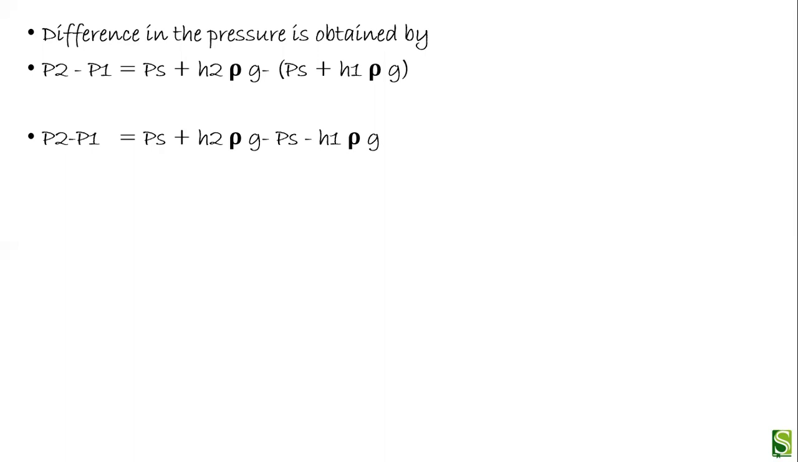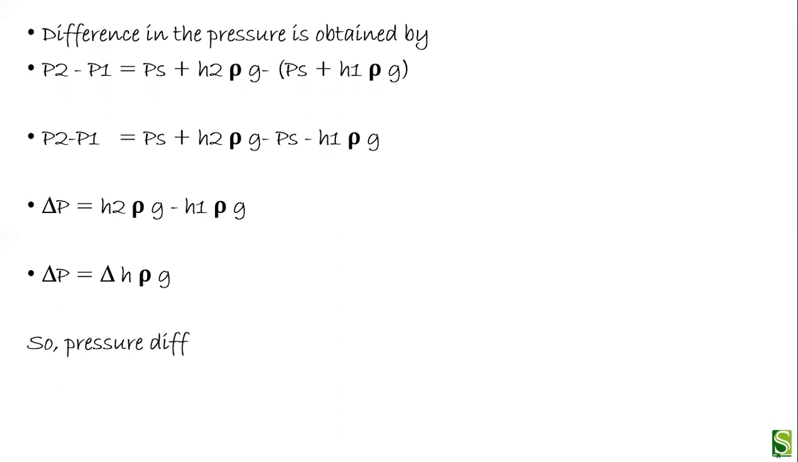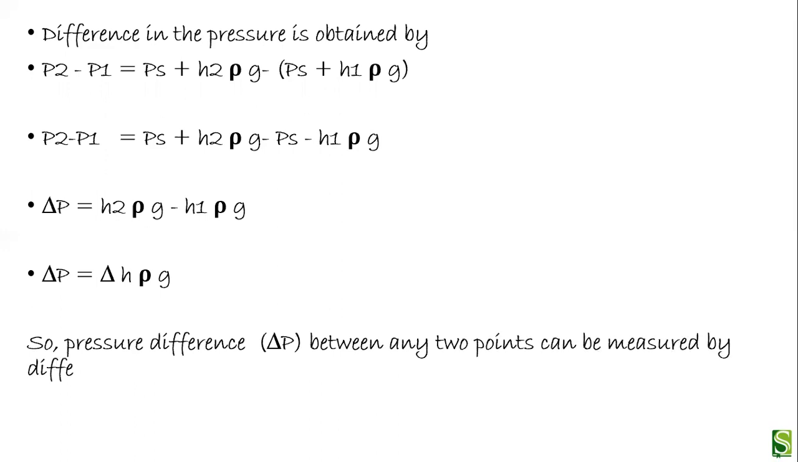Okay, now we can write it: pressure difference is equal to H2 rho g minus H1 rho g. Now we will take out the similar terms on one side. So we can write delta P is equal to delta H into rho g. So we can say the pressure difference is related to the height difference. Pressure difference, that is delta P, between any 2 points can be measured by measuring the difference